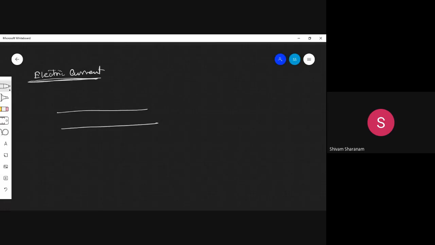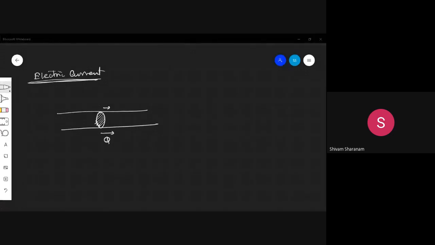Electric current, we are talking about. From any conductor, if there is a current, how much amount of current is there, how do we measure? By seeing, from one of its cross-sectional areas, how much electric current is passing, how much charge is passing per unit time, right? From the cross-section area of the conductor, we define how much charge is flowing per unit time. That is called your electric current.